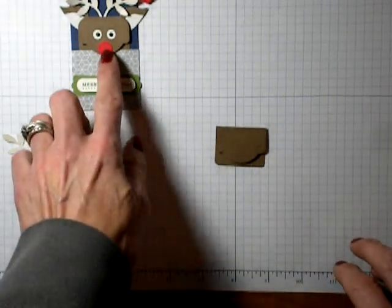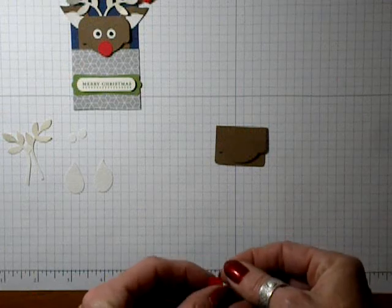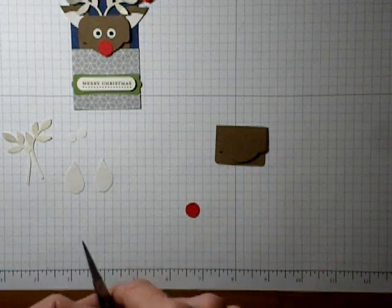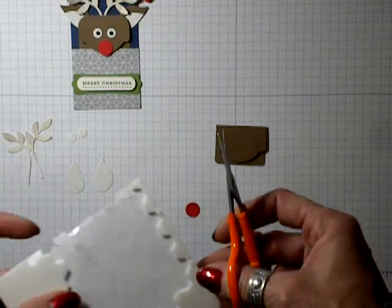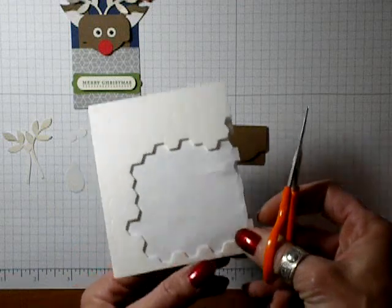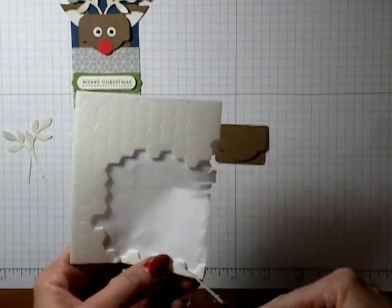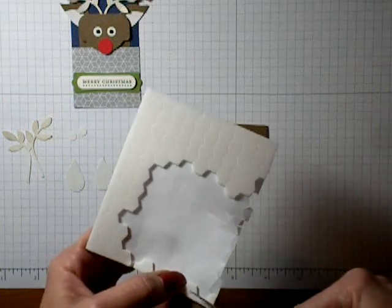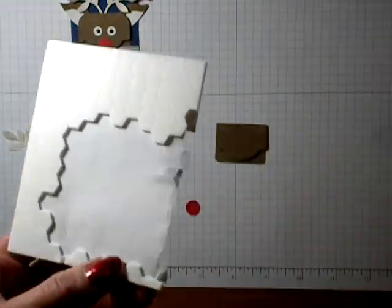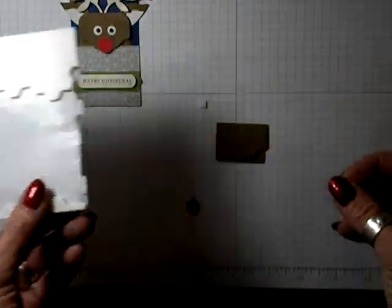Now this one, I just glued his nose down. I think for this one, I'm going to put a little piece of a dimensional on there. I think his nose needs to come up a bit. So you can use just a little tiny piece off of the edge of your dimensionals there. It's not going to take a very big piece because his nose is kind of small. So just cut a little piece of it